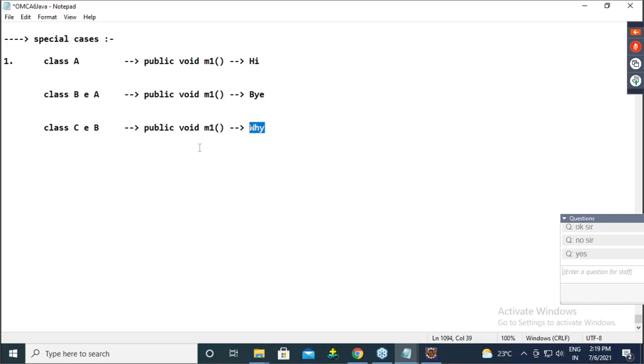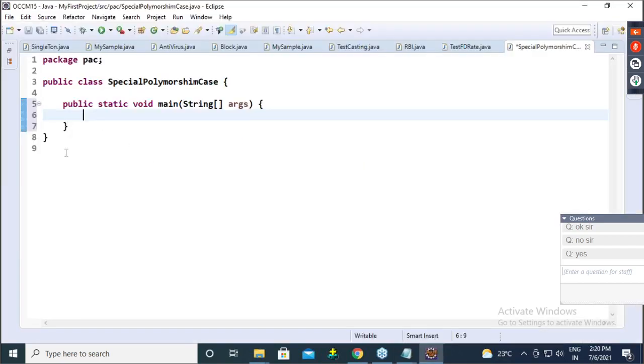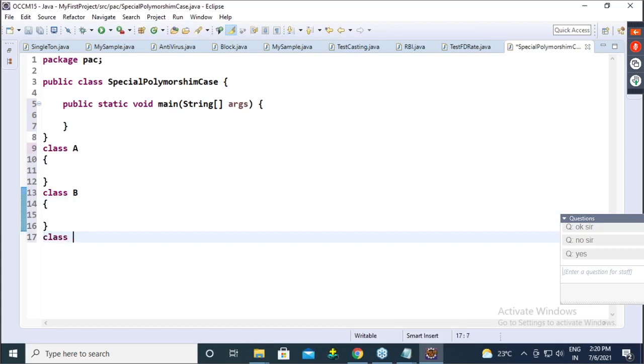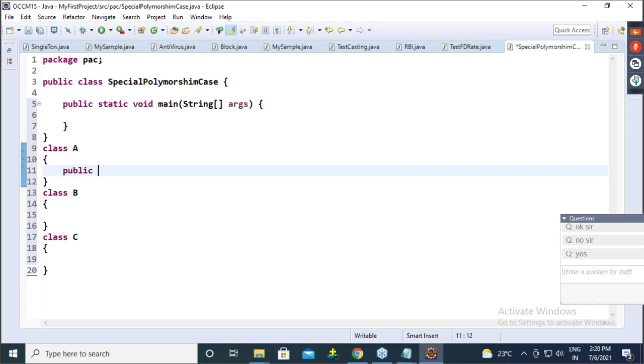I just showed the big code in a shortcut manner, nothing else, Anirudh. If you see it, you can still understand. If you want to explore, see, we have class A, we have class B, we have class C. Here we have one method.